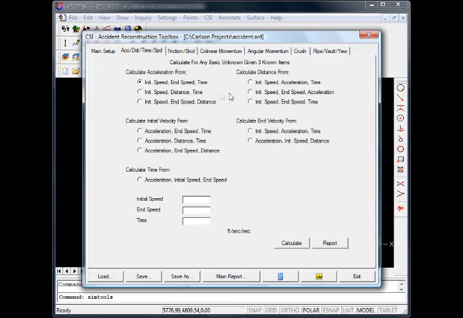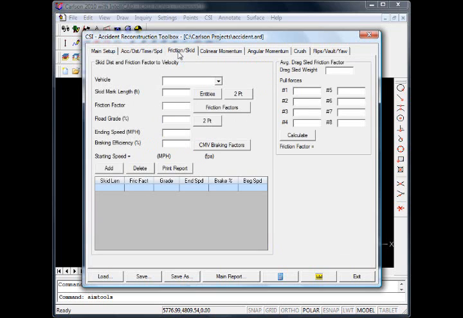The next tab has some general calculators for calculating acceleration, velocity, time, also some distances, and velocities. And these are helpful for determining beginning and end speeds or distance traveled. The friction and skid tab is good for calculating starting speeds based on skid mark lengths. So we can choose one of our entered vehicles. It's now available to us in the drop down,